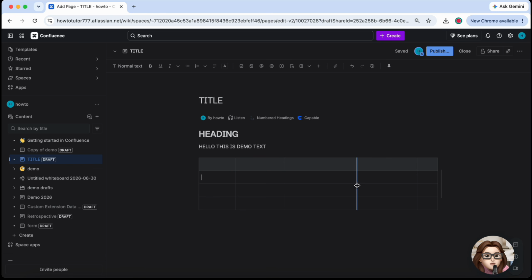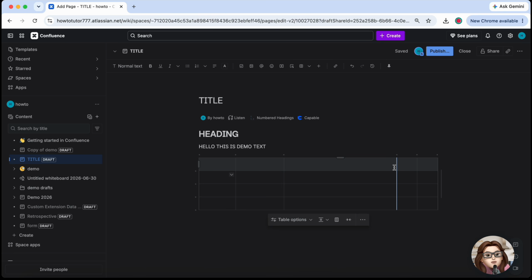Repeat the same process for any other columns until your table is arranged the way you want. If a column won't shrink any further, check whether it contains large images, long text, or other content that requires additional space. After resizing your table, review the layout to make sure all of your content is displayed clearly and